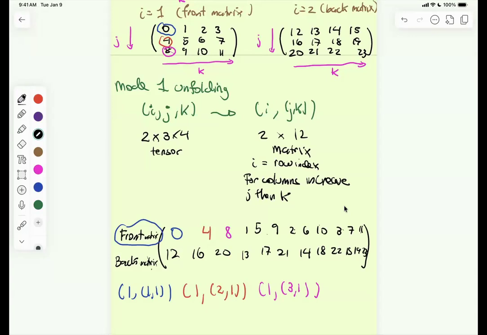In fact, if you had started with a higher order tensor, something with 4 indices, you could have done the same: keep this one as the first index, and the other 3 are merged into a single index, so that would have gone from 4 indices to 2. I don't know the exact word, but it's matrixization, turning it into a matrix. And if you started with something with 10,000 indices, you convert it into a 2-index thing. So it is a big collapse in the number of indices, which is similar to